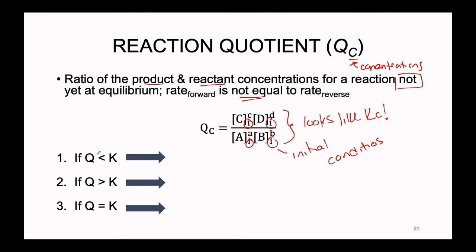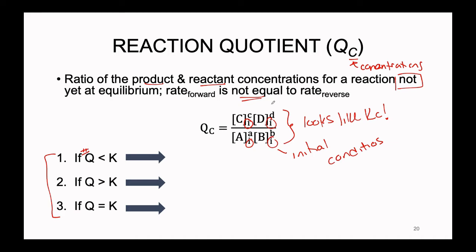All right, but the magnitude of Q relative to K, that's what we're going to be looking at down here, points 1 through 3. This Q versus K can tell you something about the direction of your reaction and which direction it's going to spontaneously move. So first let's look at situation 1, where Q is less than K. If your Q is less than your K, in other words, if your initial conditions ratio of products to reactants is less than that at equilibrium, well, what this means is that numerically speaking, if we're comparing numbers,